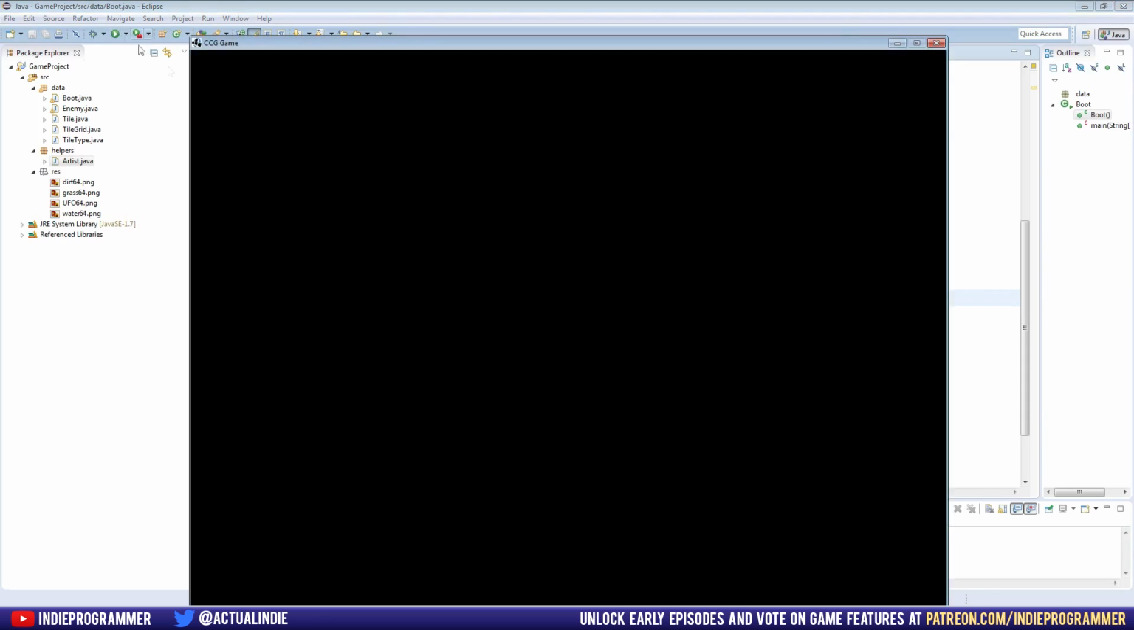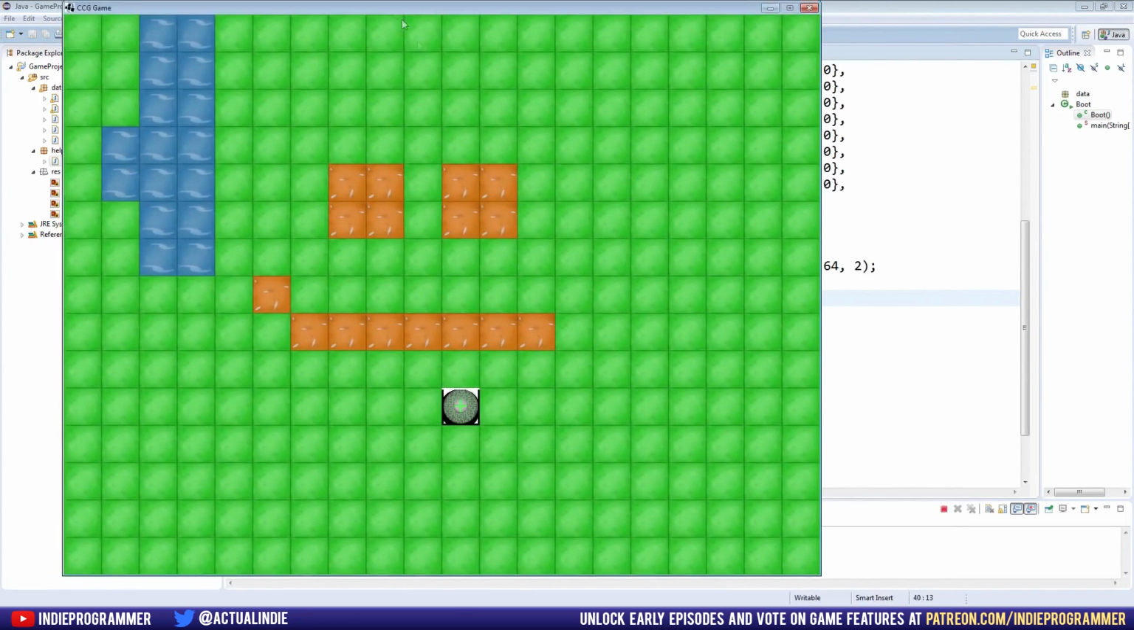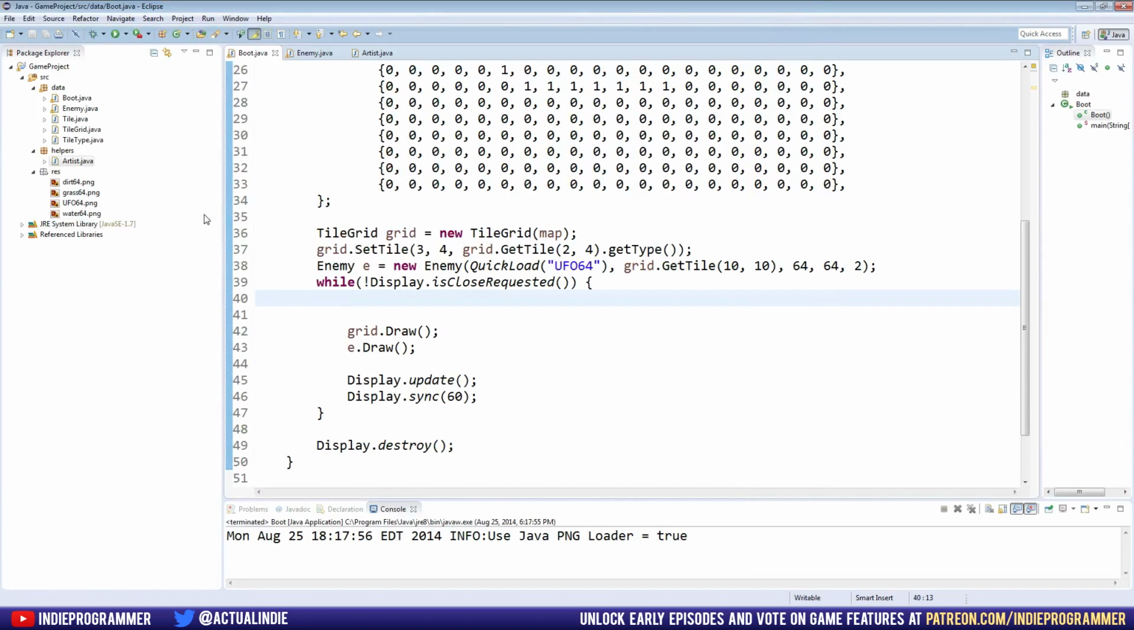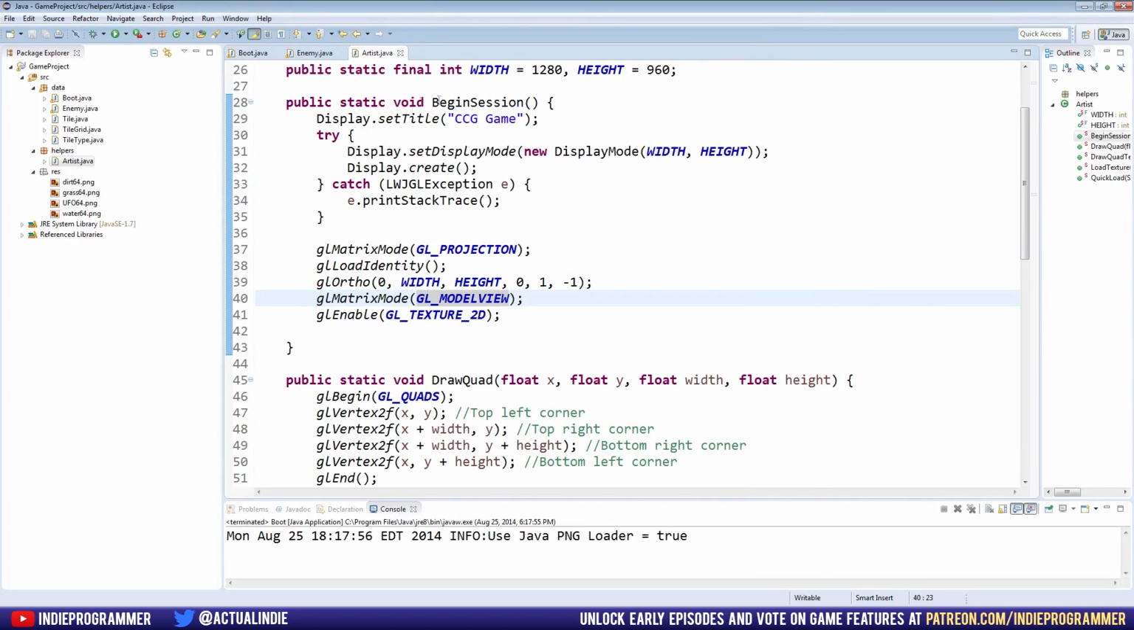So the last time we left off, we added our enemy class and we drew him here. He's seen better days, not very well blended with the background, and I said last time we're going to fix that, and it's not very difficult. We're going to go to the artist class instead of our helpers, and here instead of our begin session method